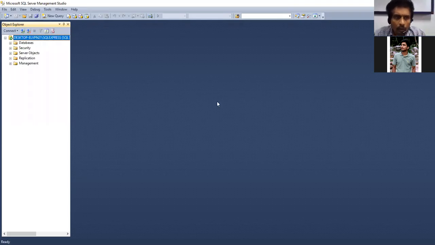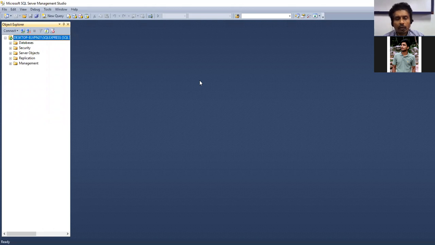Yes. So the first thing is we need to go for opening the Microsoft SQL Server Management Studio. Here the 2014 version has just been loaded. The first option should be database engine, and then you have to choose the server name. The server name by default will automatically come.